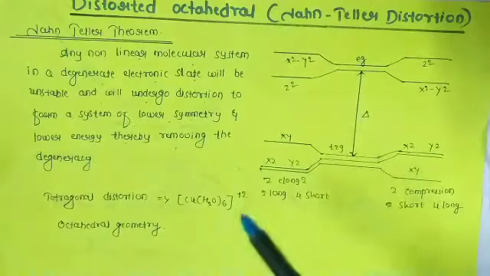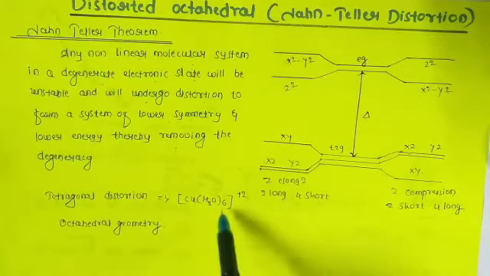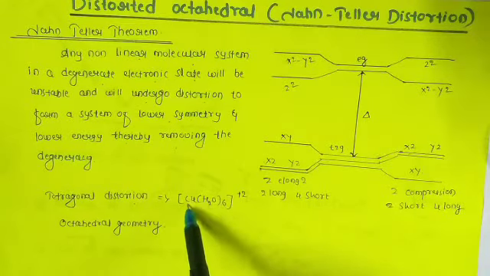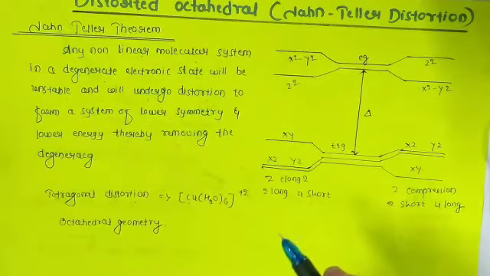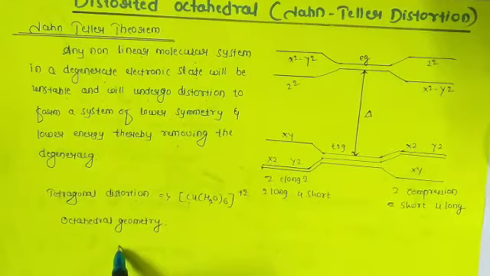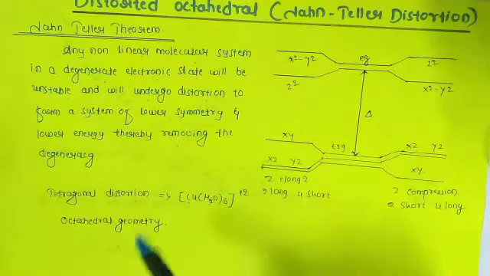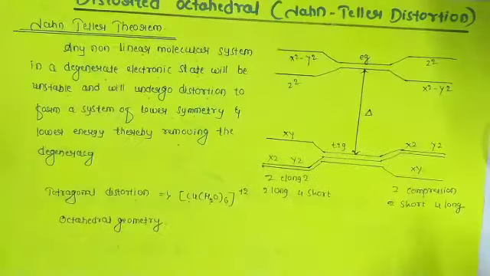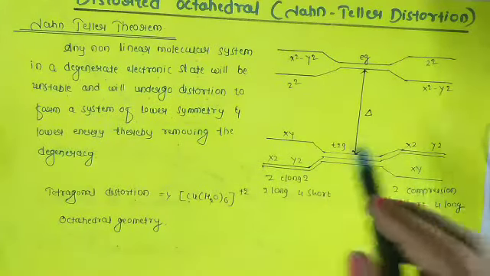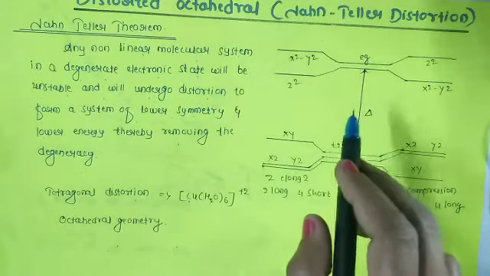The Jahn-Teller effect is mainly responsible for the tetragonal distortion in the hexaaqua copper(II) complex, which might otherwise possess an octahedral geometry. The Jahn-Teller effect is most often seen in octahedral complexes of the transition metals. What are the transition metals? Commonly the d-block elements: scandium, titanium, vanadium, chromium, manganese, iron, cobalt, nickel, copper, zinc.